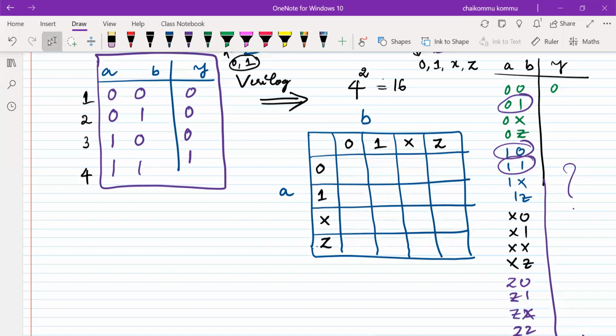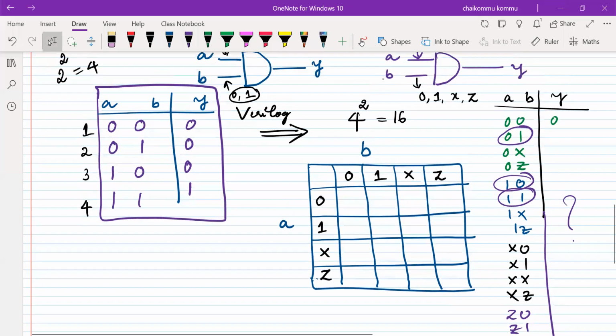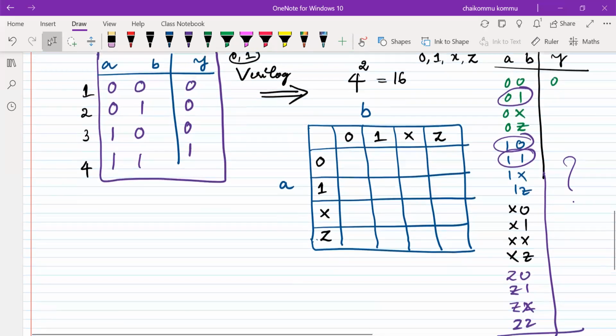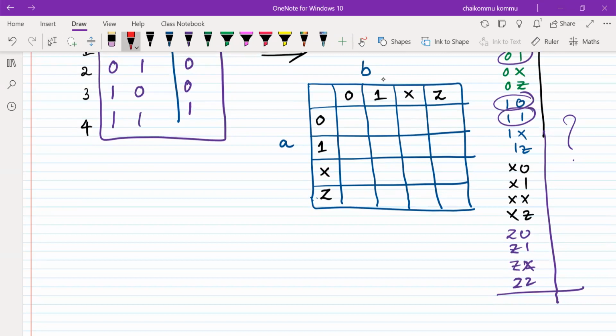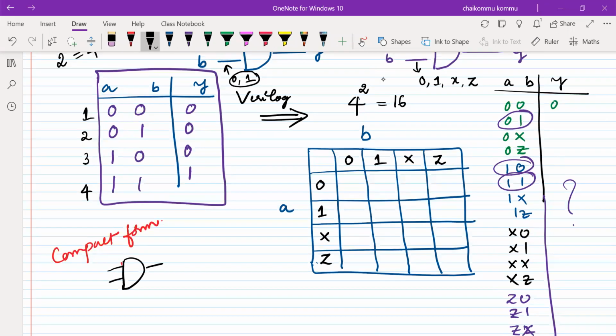Everybody knows that the simplest way of understanding the AND gate, in a brief or compact form, is this. From this truth table we can easily understand, or otherwise I can write it here itself. For example, if any one of the inputs of the AND gate is logic 0, something like this,